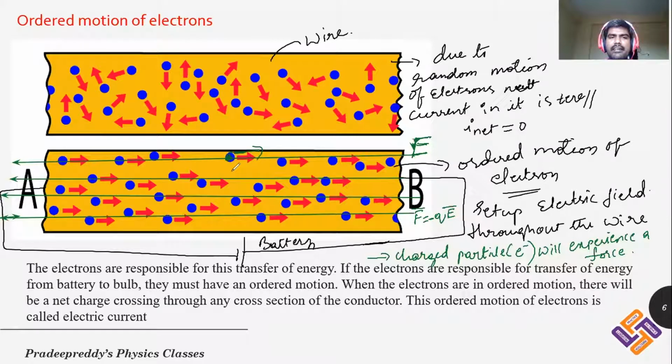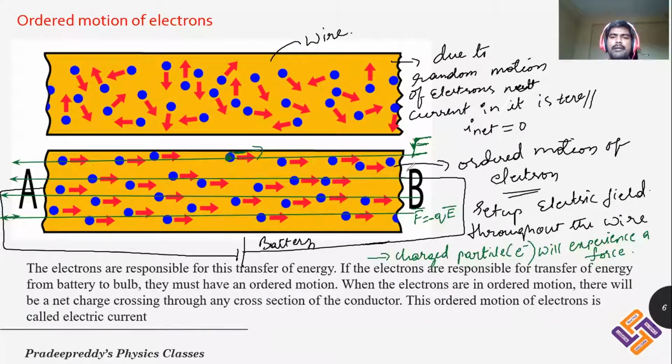Right? Now this is clear. In this particular slide, we have learned that in general, when you are taking a metallic conductor, usually there will be random motion of the electrons. As a result, net current will be equal to 0. When you are connecting it to a battery, the battery will set up the electric field throughout the conducting material. Because of that electric field, every charged particle will experience a force, and that force is in the opposite direction to that of the electric field if it is negative charge. Because of that, all the charged particles are forced to move in a particular direction, and that is exactly opposite to